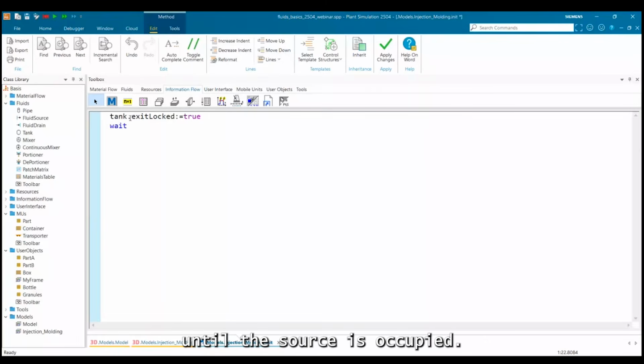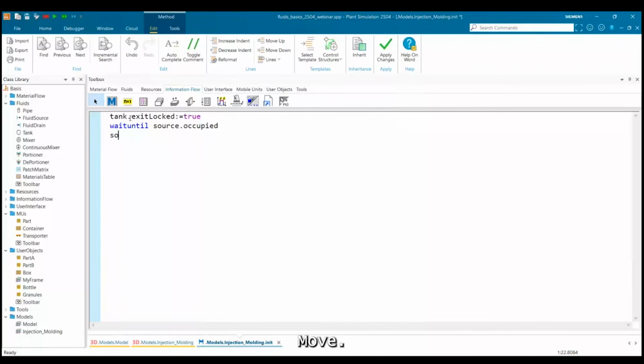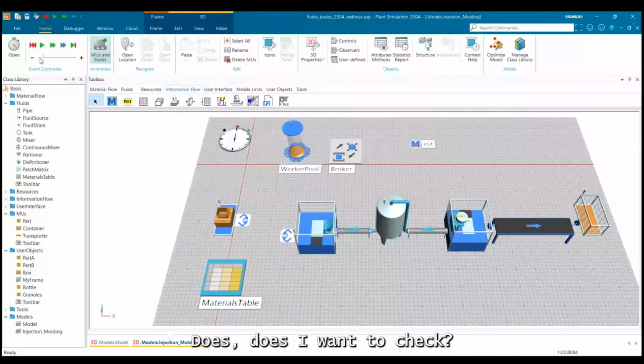Then I need to wait until the source is occupied. And then I just trigger the movement with source cont move. And this will call the worker then. Okay, this here, I want to check.